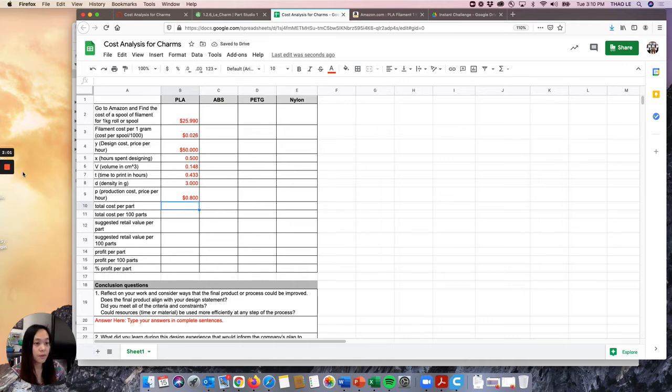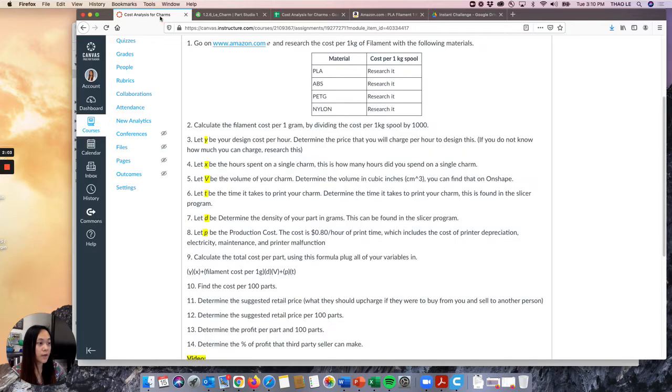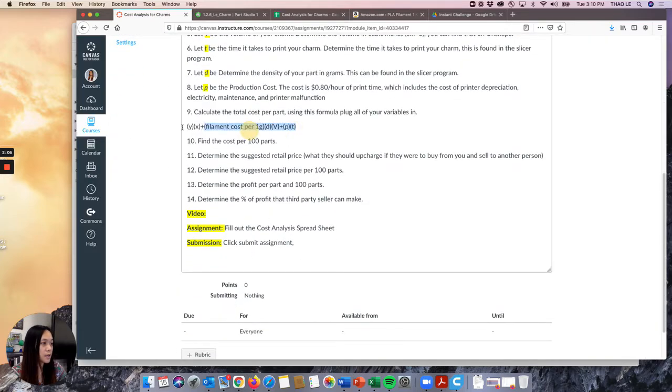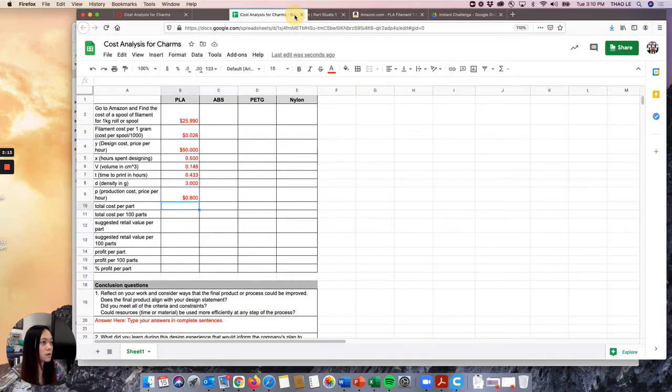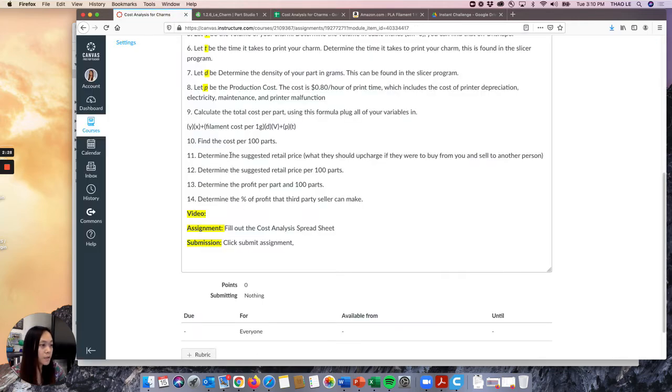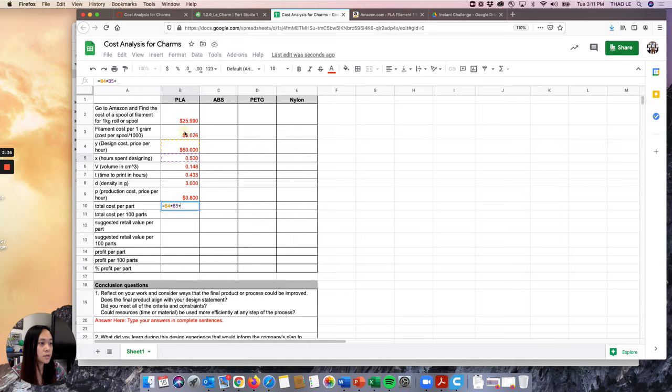Total cost per part. Okay, so this is where we're going to go back to our formula right here, and it says take the y variable, the y times x. I believe the y was design cost. So you're going to take your design cost, which is this, multiply it with the hours spent, right? So that's how much you get paid, plus, so let's go back here and check, plus the filament cost per 1 gram. So the filament cost per 1 gram is this right here,